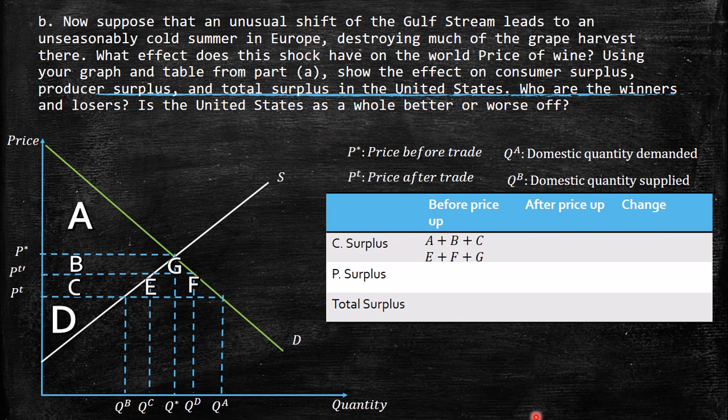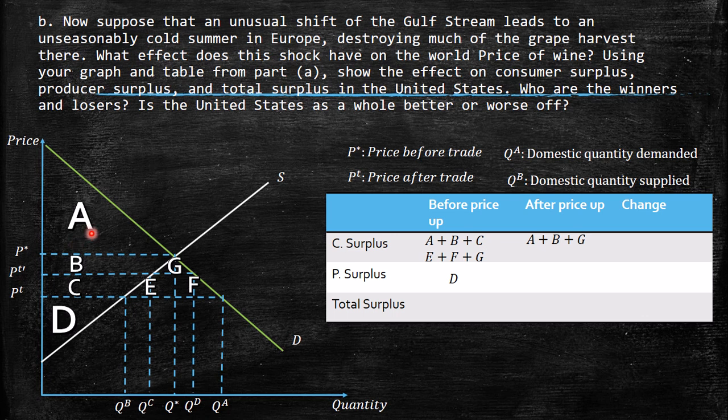So here we will have the before price. The consumer surplus was all this big triangle, A plus B plus C plus E plus F plus G, and the producer surplus was D. So the total surplus was all of this. Now what about after the price up? The new price is going to be still lower than P star. There are going to be some imports, which is this difference between QD and